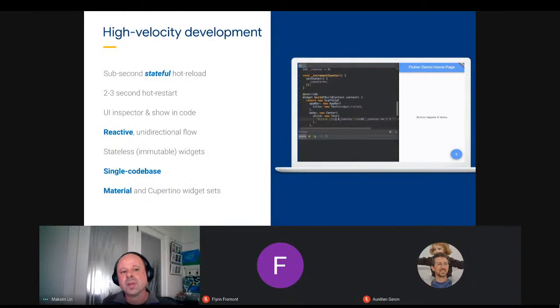Also, Flutter is actually part of this now growing family of frameworks which have what's called reactive unidirectional flow, which I'll get to in a little bit when I talk about how to do Flutter. But basically, it's a particular way of doing user interface software development. And it really got popularized by the React web framework.